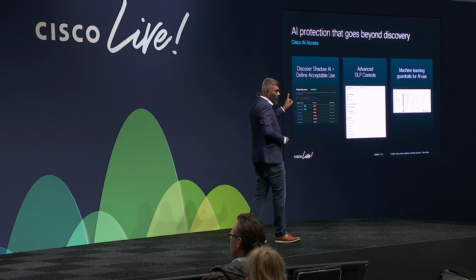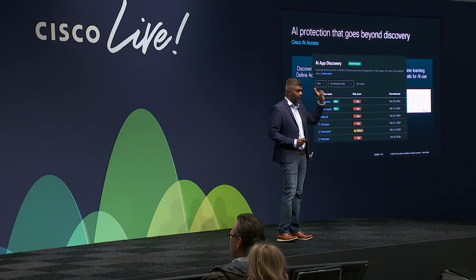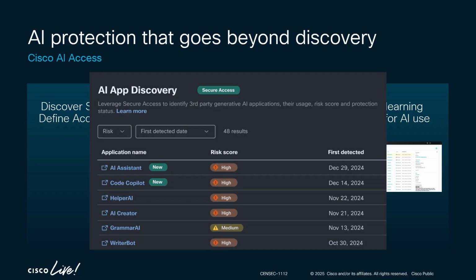We talked a lot about AI applications yesterday in the keynote. With AI protection, what we want to provide is the ability to extend modern application access to generative AI applications and allow your teams to securely use these generative AI applications. So the first step in that is always going to be discovery. Like, hey, what are people actually using? Are people using Copilot? Are they using Claude? Are they using ChatGPT, DeepSeek? Take your pick, right? That's the first step that we want to be able to do.